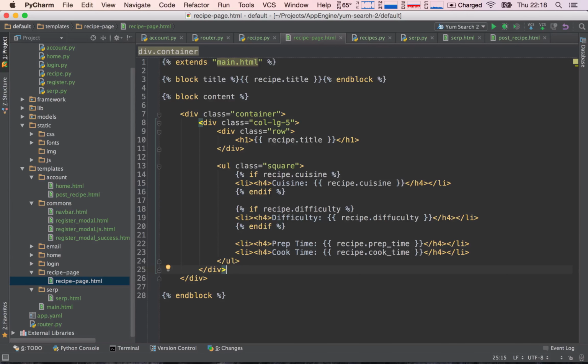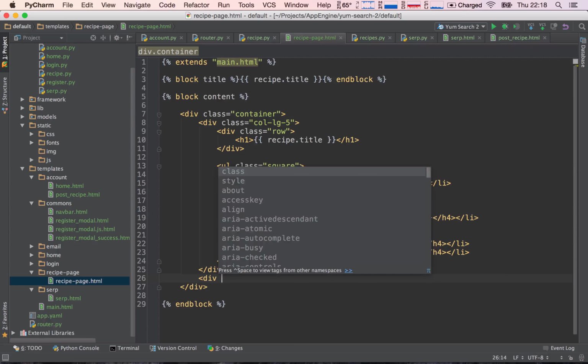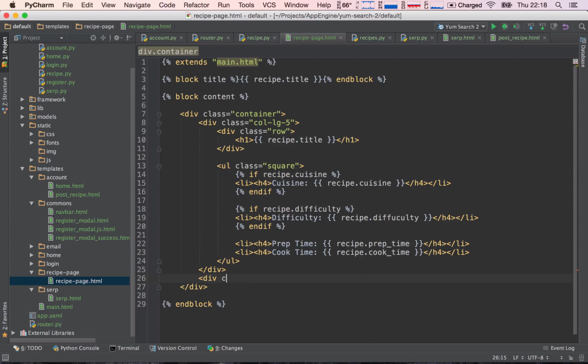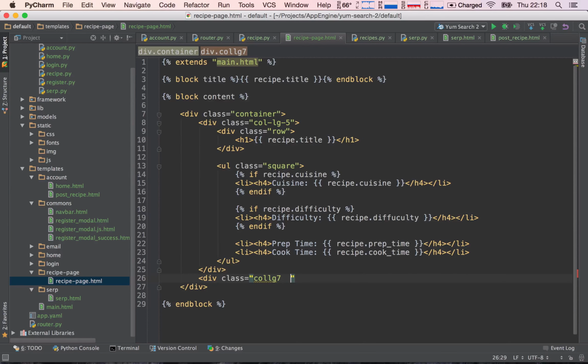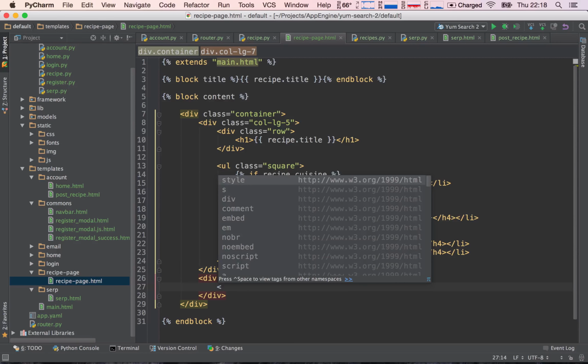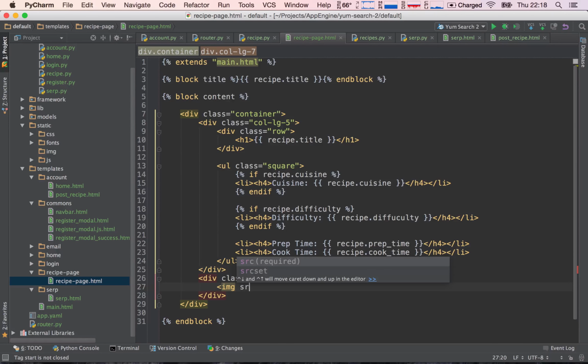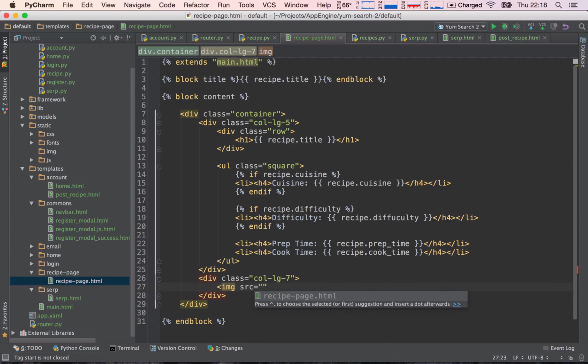Okay, so this was the div of 5 columns wide. Now we need to create the other div, which is class lg7. So that's the remaining 7 columns. And here we can simply create our image, which is img src, and we will say recipe.photoURL,